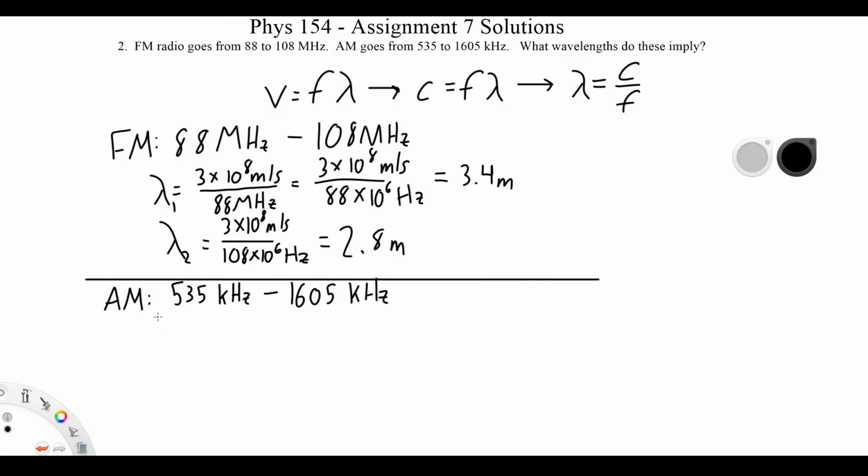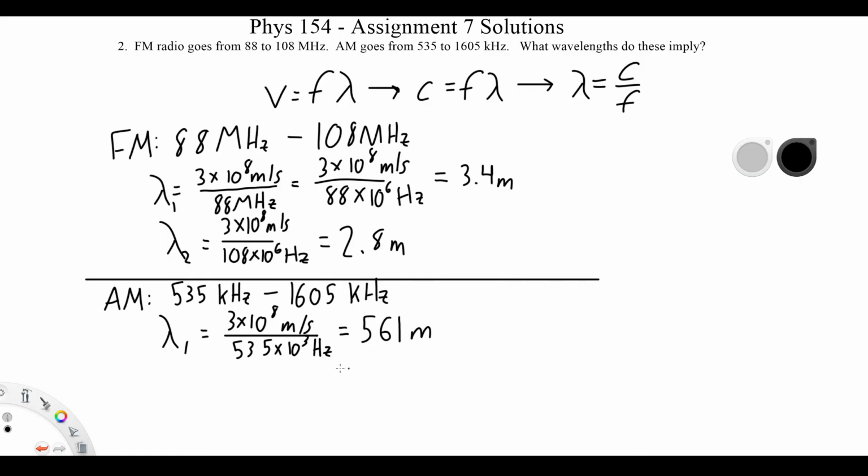Okay, so once again, we're going to say lambda 1 is equal to the speed of light, 3 times 10 to the 8 meters per second, divided by that 535 kilohertz. So in this case, we're going to do times 10 to the 3 hertz. And that comes out to equal